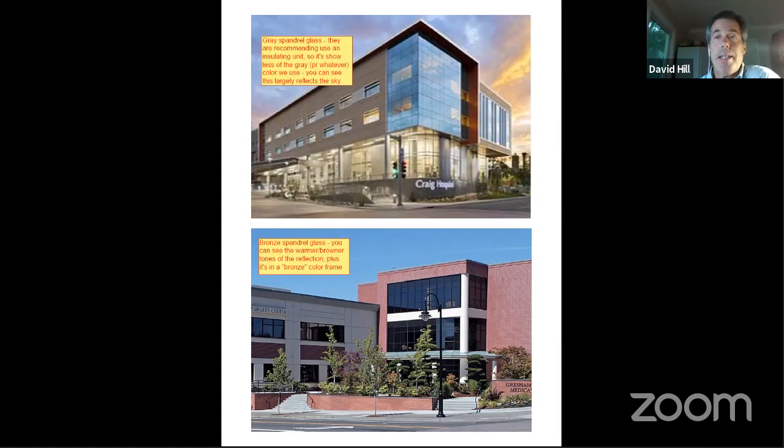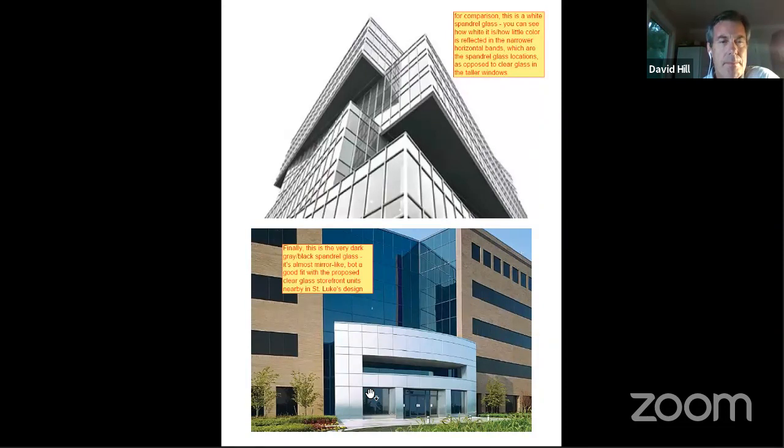It's hard to evaluate that until you get it in place. But that being said, what I did was I went around and pulled out, Becca, you might remember better, about six different pictures here of different colors of spandrel glass. And it ranged everywhere from a white spandrel glass that you can see in the upper photo here. If you look at the upper photo, obviously it's a piece of more modern architecture as opposed to this